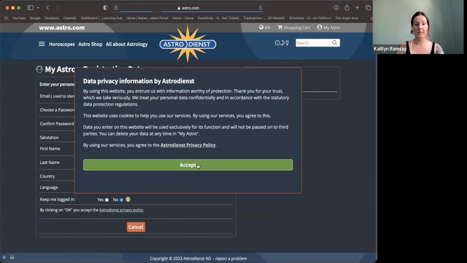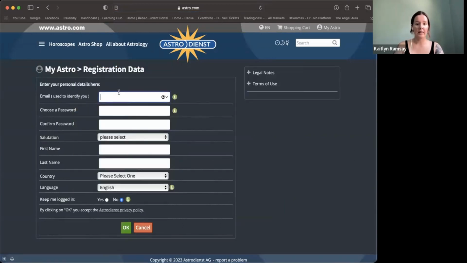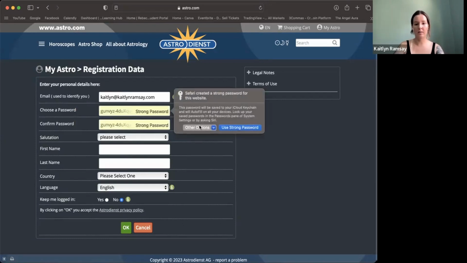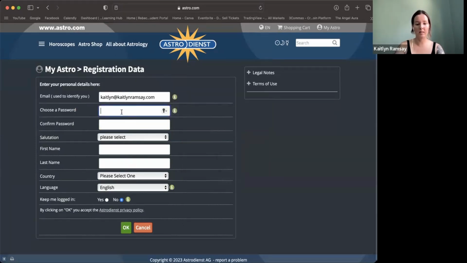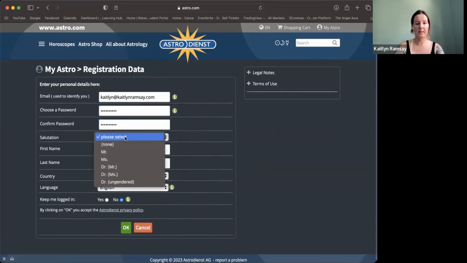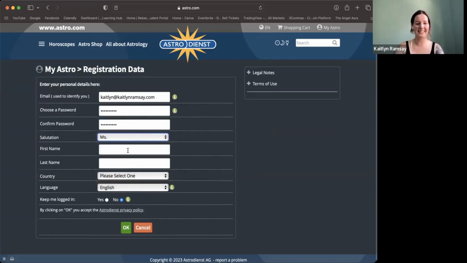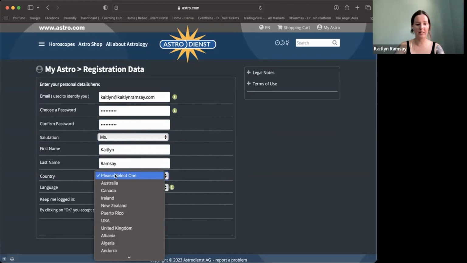So we have some privacy consent. And then I'm going to use my other email that I don't have an account with. So you put your email address in here, choose a password. I'm going to choose my own password. Salutations. We'll go by myth. I'm not even sure if that's required. Caitlin, just put in your information,